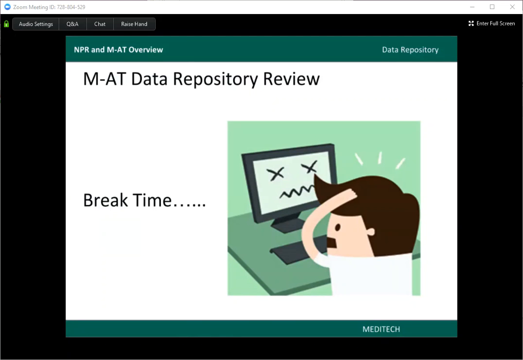All right, everyone, that brings us to our halfway point. At this point, I'm going to open up the floor for any